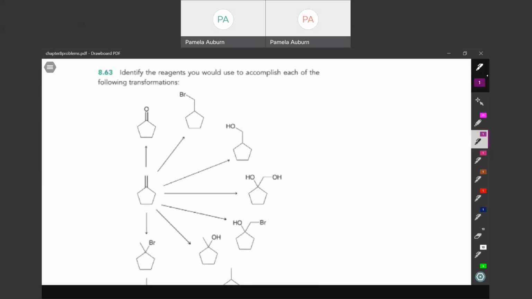Okay, so this is also a reaction drill. In the first case, I'm ending up with a ketone and I've lost a carbon. So I started out with 6 carbons. I'm ending up with 5 carbons. So I had to break